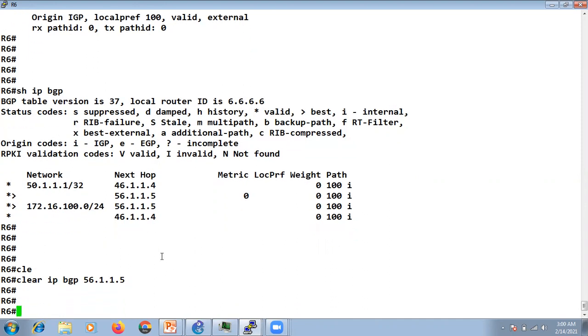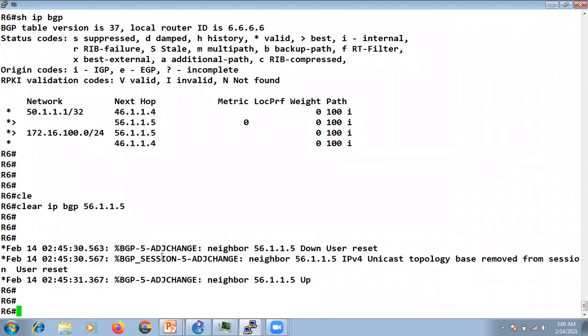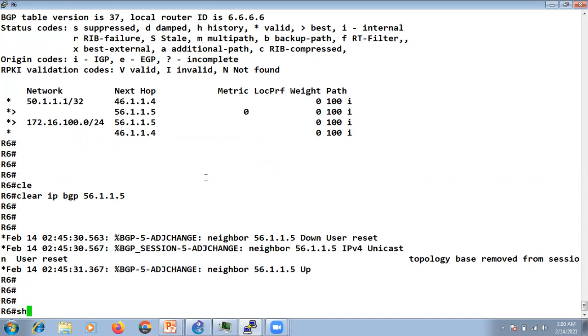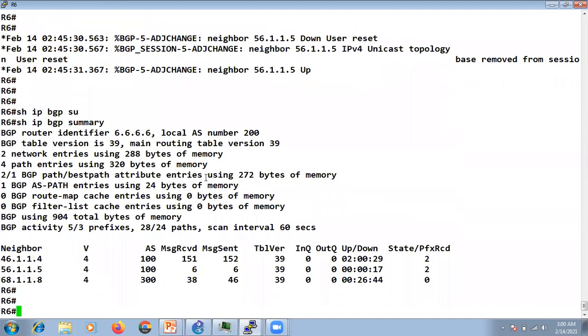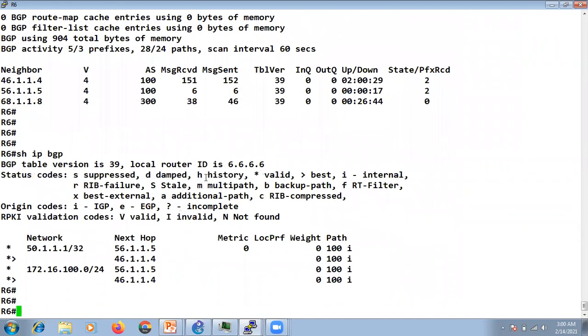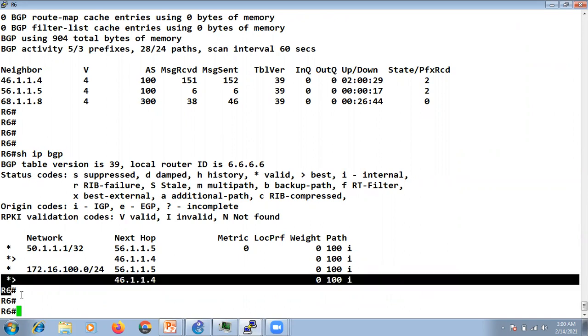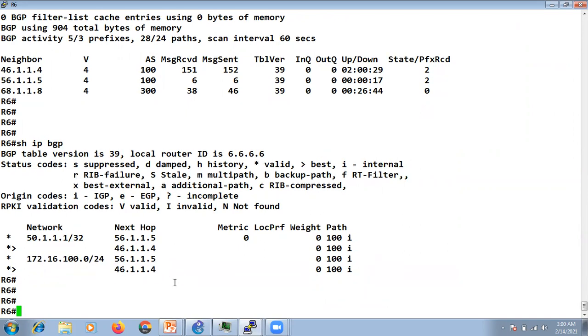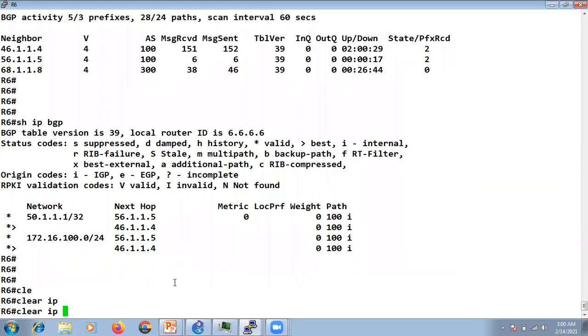So I cleared the BGP for R5, which was the older route earlier. Now because the neighborship left, the only route left was the route from R4, which became the older route now, right? So if I check show IP BGP, now you can see the route received from R4 becomes the older one. That's why now it is the best. If I clear, let's say, R4, then again it will start.